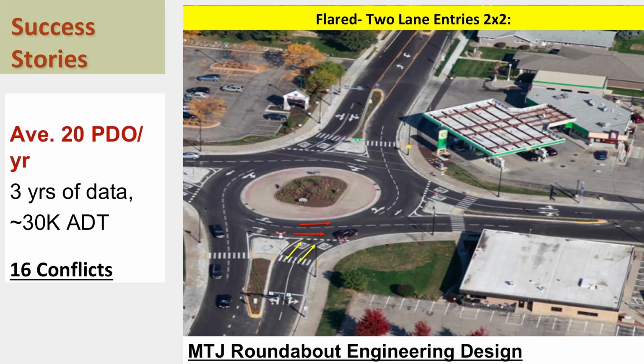Here's a project that I worked on. We've been tracking those crashes year after year. It's been open now for about 5 years approximately. And it's averaging about 20 a year. It's a 2x2 roundabout. It's carrying approximately 30,000 ADT. So 2 times 2 times 4 is 16. That has 16 conflict points. So part of the issue is, well, how many is the right number? We don't really know. The practice is evolving, and we're really just starting to get data out of